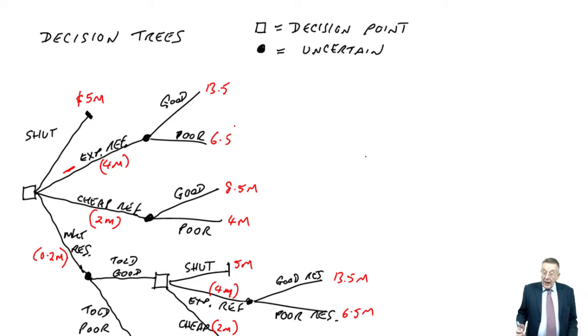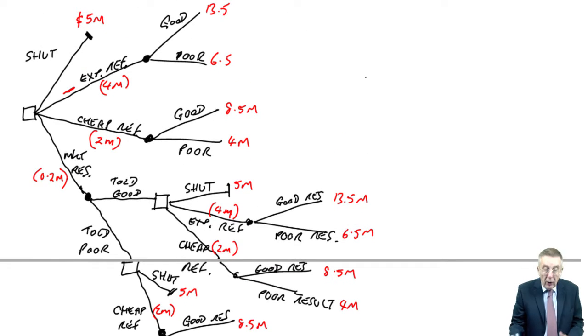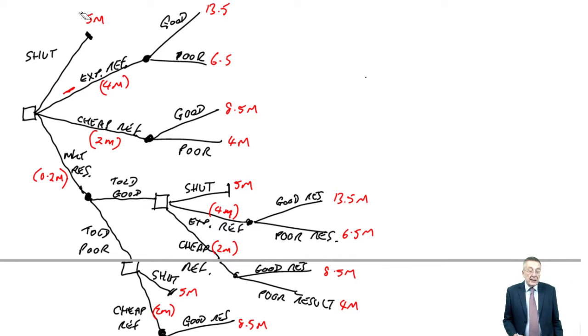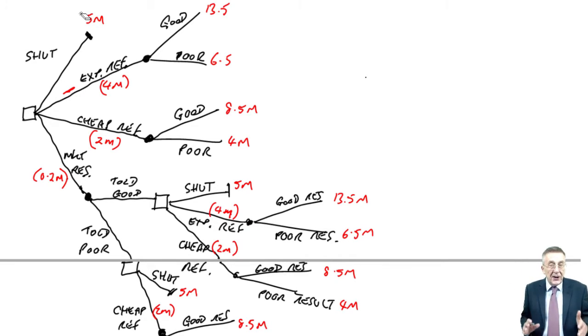So, I hope we're all there so far. We've drawn the diagram showing all the various things that can happen. And we've now done the costings, in the sense that we know, depending on what we do and what happens later, where we'll be spending and what we'll be receiving. To finish setting it up, let's now put in the probabilities, because whenever there's uncertainty,